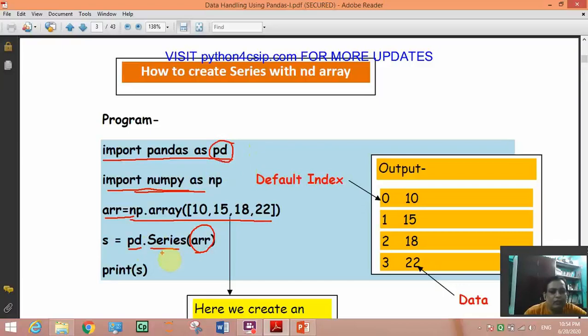Here you have to keep S in capital and the rest of the characters in small letters. So like this you can create a series from an array. Here we are not giving you a practical, as I have already taught in a previous video how to create this in Jupyter Notebook or an IDLE editor.